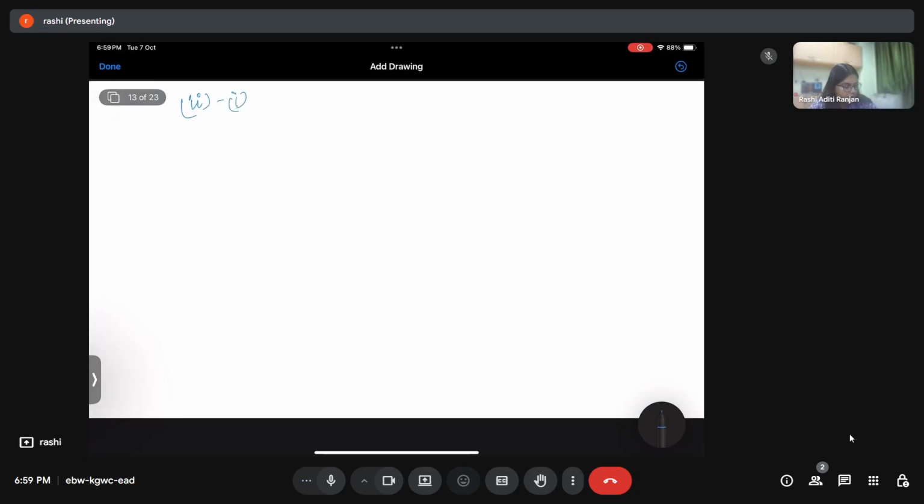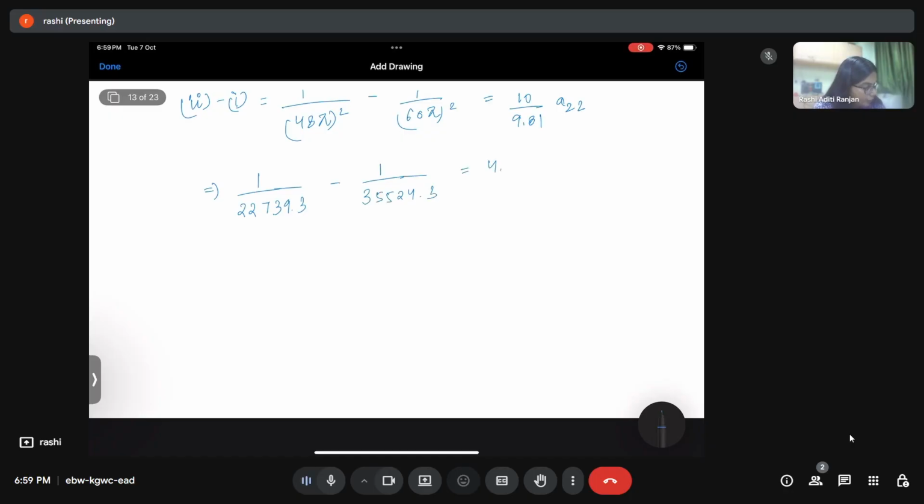2 minus 1. This is going to give us 1 by 48 pi square minus 1 by 60 pi square, which is going to be equal to 10 by 9.81 A22. Correct? This will give us 1 by 22739.3 minus 1 by 35524.3 is equal to 4.398 into 10 to the power minus 5